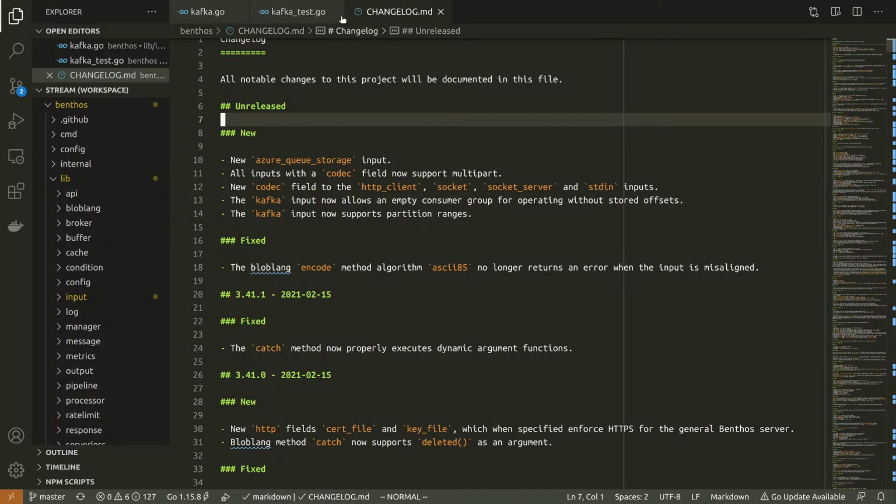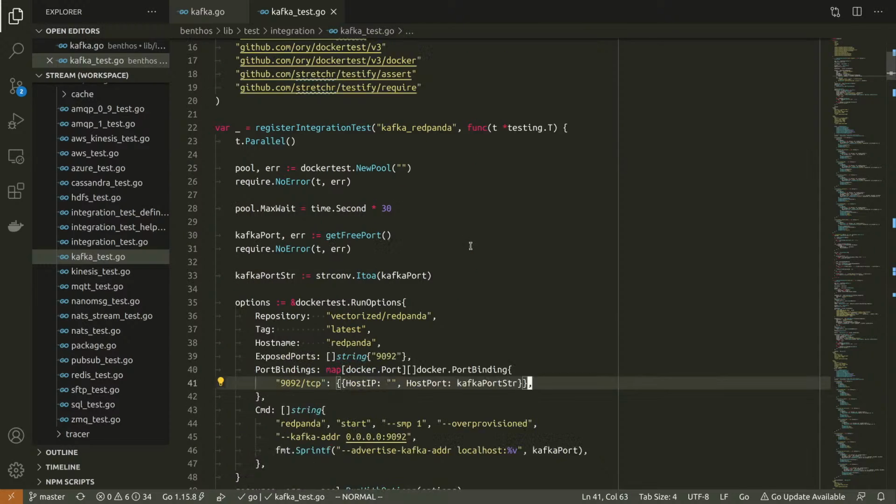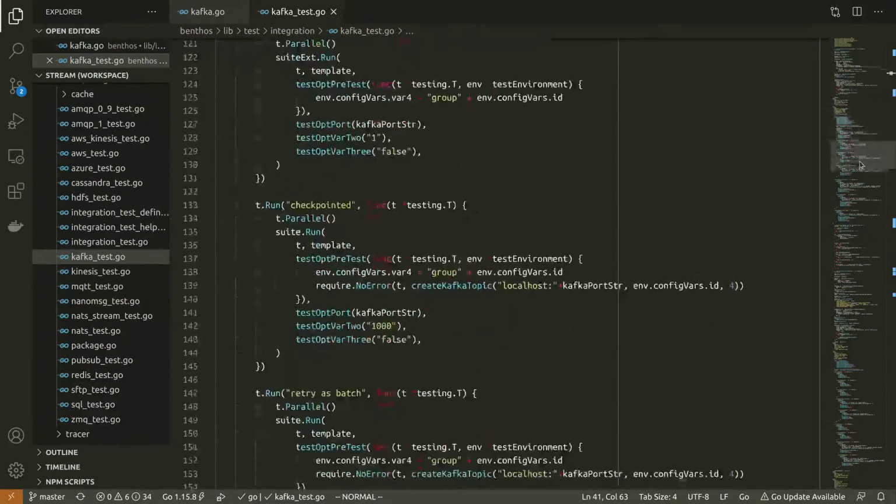Okay, so I was gonna have a little bit of fun now with Kafka. Yeah, let's have a bit of fun. So, okay, as I said at the beginning, we've got 2 separate sets of integration tests now for Kafka.